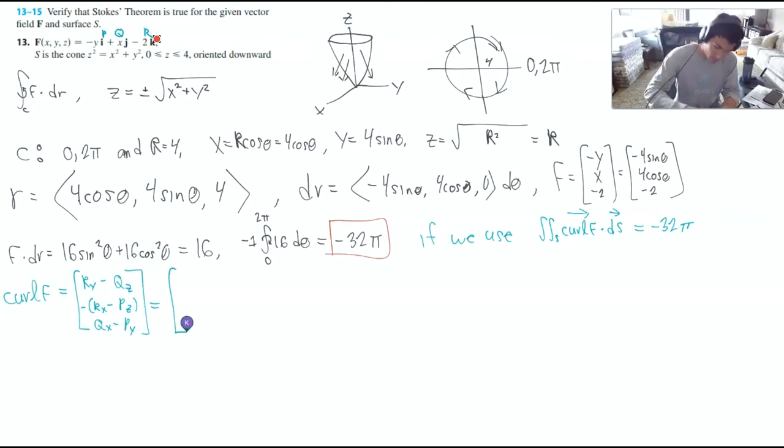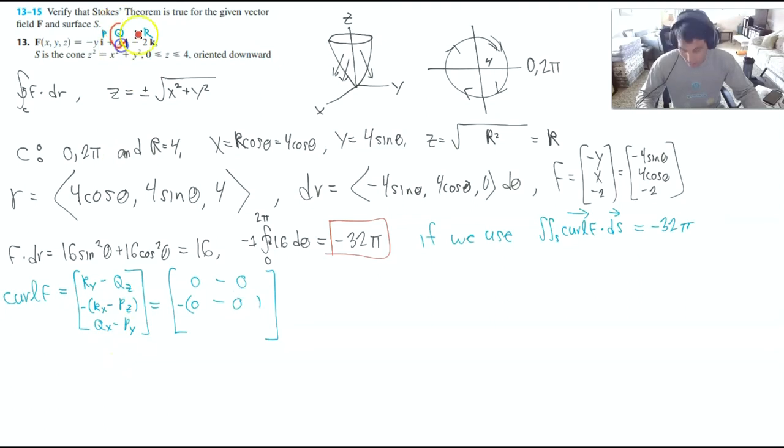So I'm going to insert that stuff into here now. Okay, r with respect to y is 0. Q with respect to z is 0. R with respect to x is 0. P with respect to z is 0. Okay, now Q with respect to x is 1. P with respect to y is negative 1. So we get,